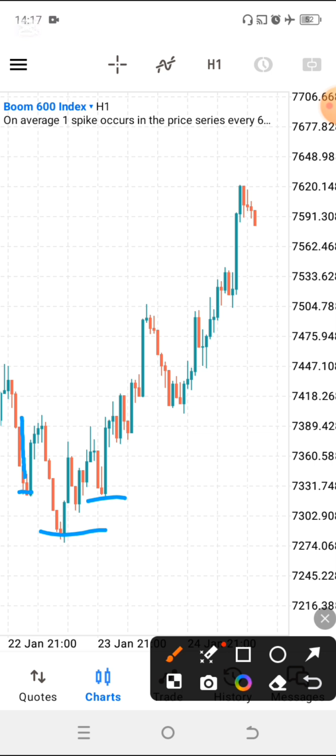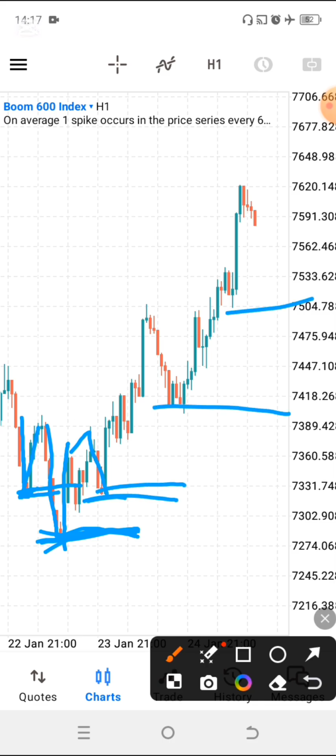Like this over here, when the market was going down, it reached this certain area. Price failed to break past this area and it rejected going up, so this automatically becomes a support area. This also over here, the market was going down again and it failed to break past this area, and the market pushed up, so it becomes a support area again. Over here, the same story continues. Over here, over there, it's one and the same thing.